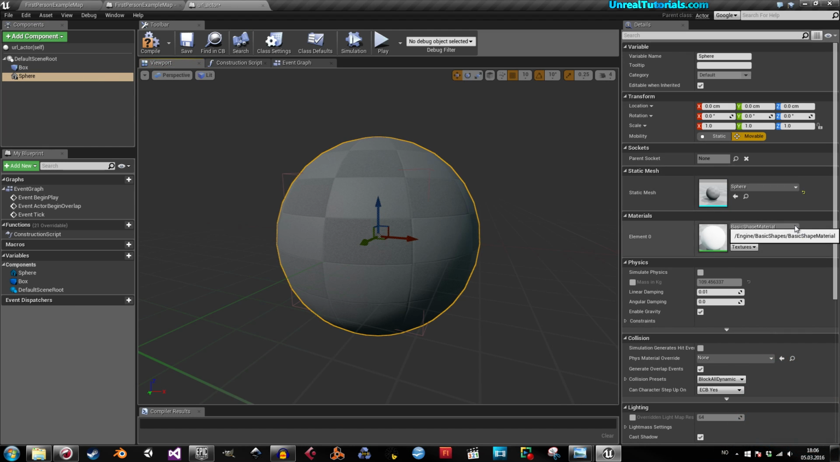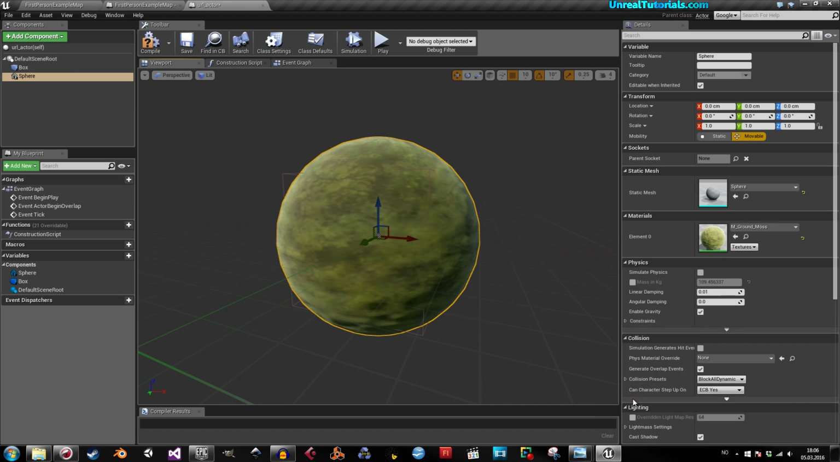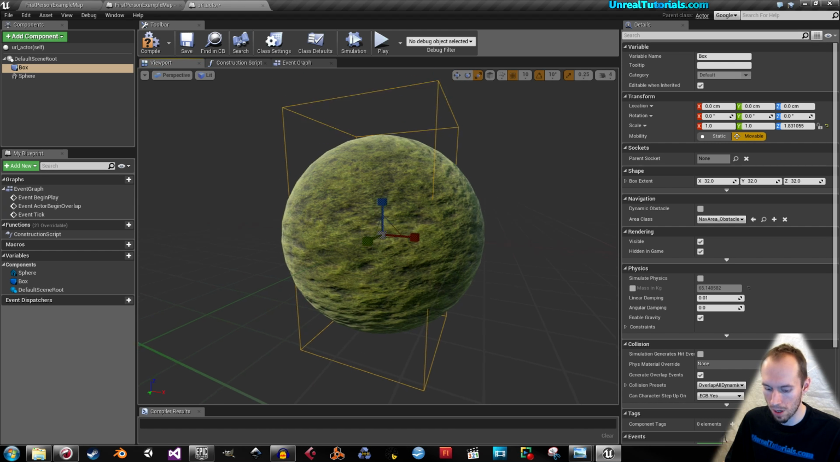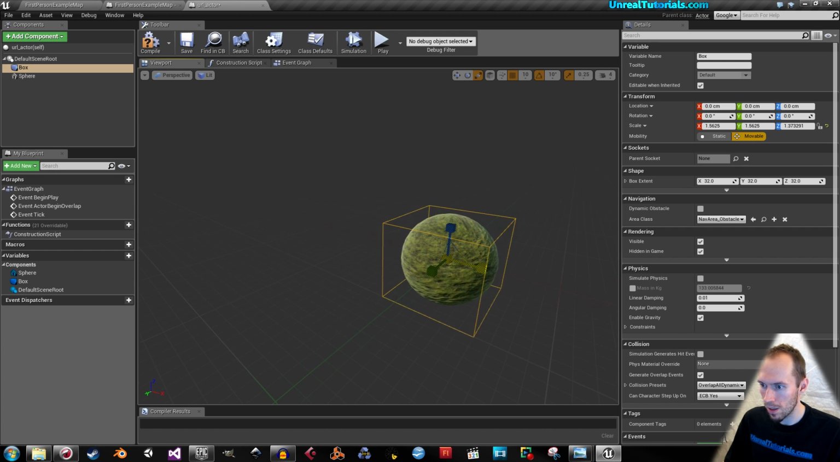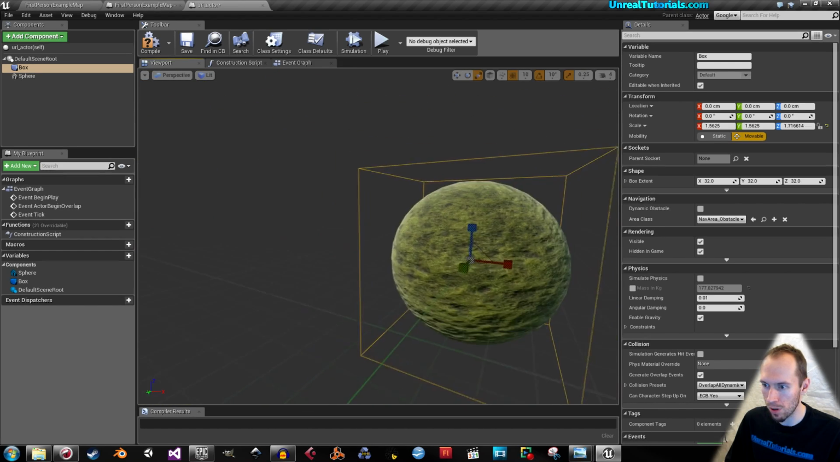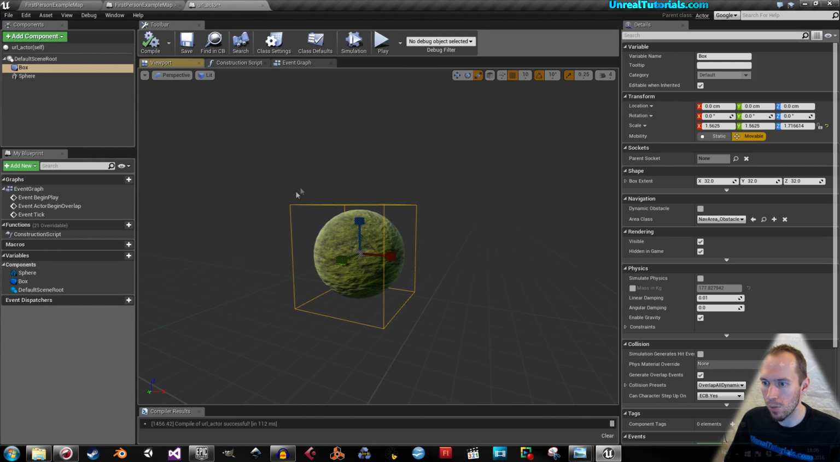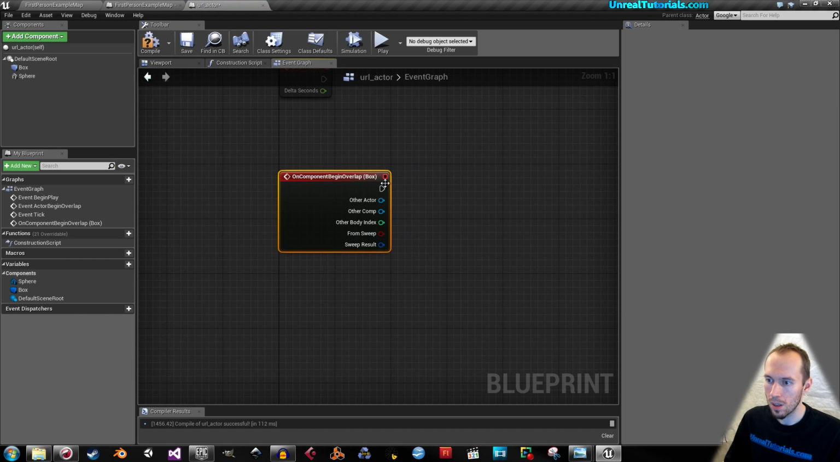and we will give it a material just because it looks better, like this perhaps, whatever, and make the collision box bigger than the ball, bigger than the blue ball, the green ball, yes, the website ball. So now compile, and with the trigger box selected, scroll down to on component begin overlap, and here drag this